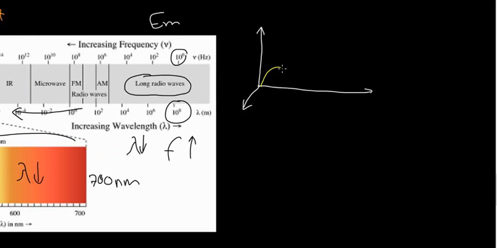So I'm going to draw a transverse wave here. This is my transverse electromagnetic wave. And we already know that the direction of oscillation is perpendicular, 90 degrees, to the direction of propagation. Nice. So if I told you this yellow wave represents the electric